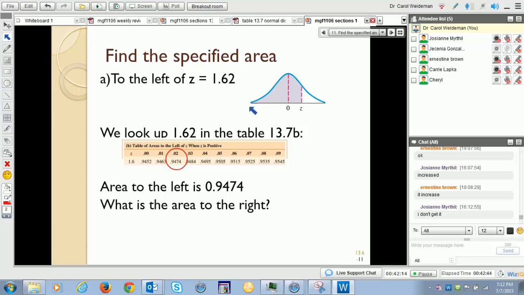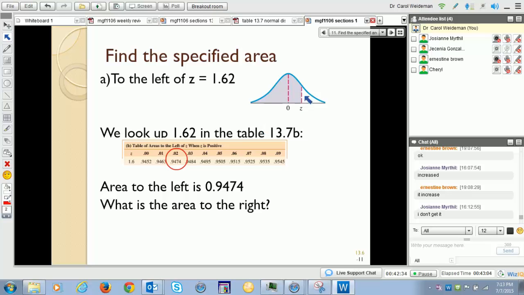Okay. This is the z-score. This is the whole normal curve. So this is talking about a data value that's 1.62 standard deviations above the mean. And we want to know this whole area to the left. One thing to know, it's totally symmetric. So up to the mean here is 50%, and we're more than that. So what's the total area to the left?